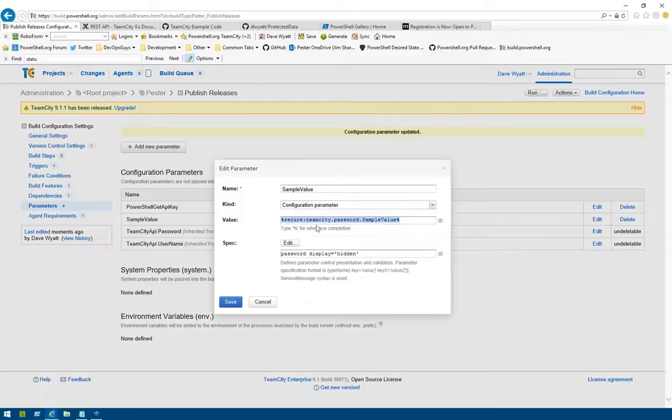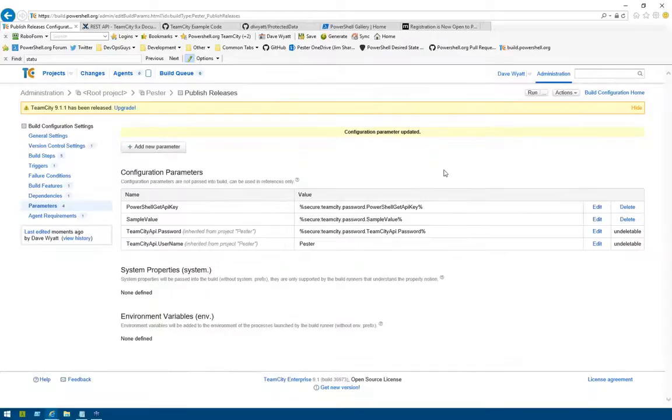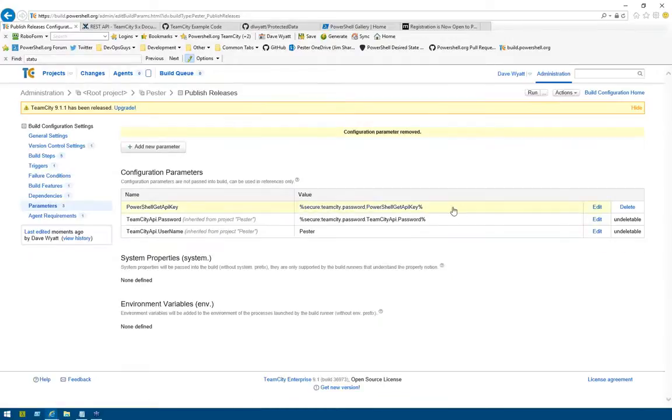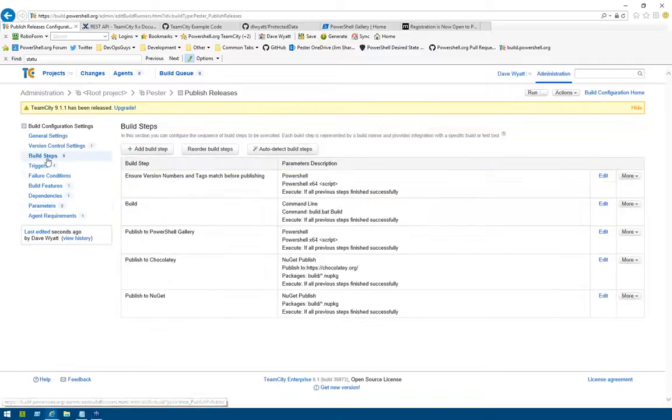So now I would copy and paste this reference, including it in between the percent signs, and either pass that as an argument to a script or embed it directly in the code if I'm doing that type of PowerShell thing here. So once I've got that, I've got my API key securely stored here, or username and password for other types of secrets or whatever. But I go over into the build step,